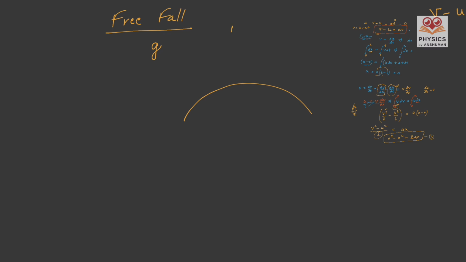The direction of this g is always downward, but if we measure any vertical distance, that is always upward. So that's why we always consider g as negative, and the value of g on earth is minus 9.8